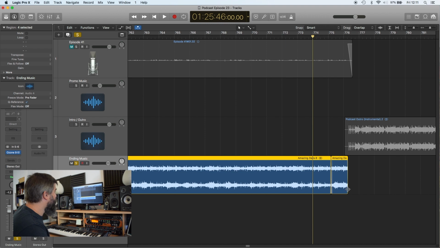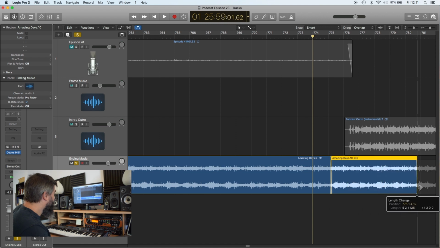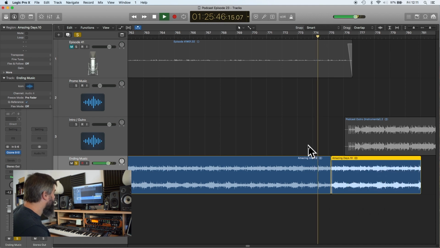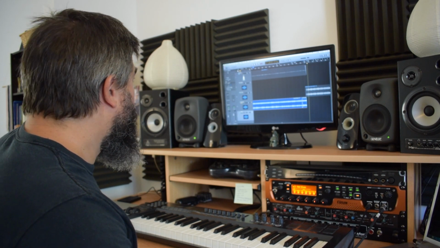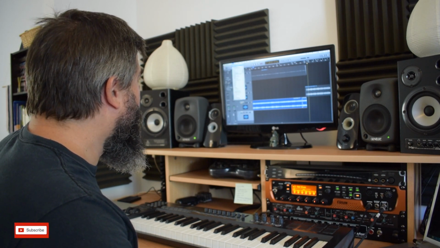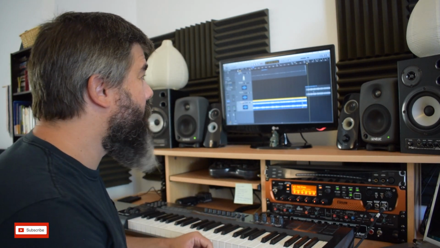This is another loop, and this carries on pretty much. This loop carries on here. That's why it's very important to create loops and different edits of your music track.